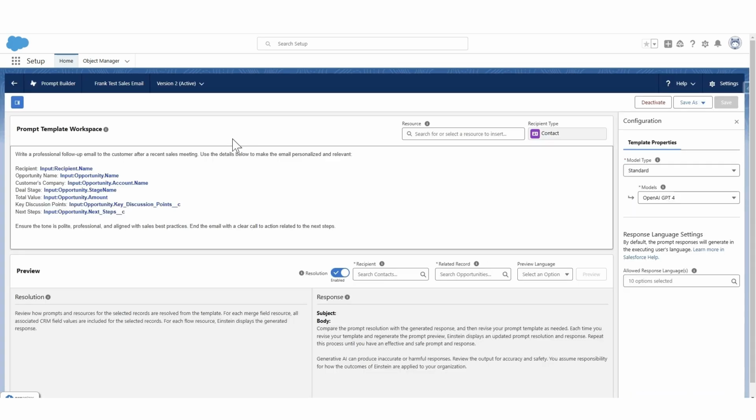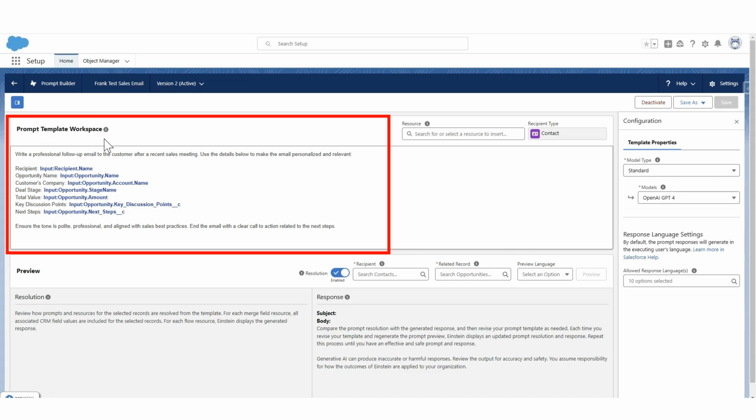We'll start with this Prompt Template Workspace. This is where you can add or edit a prompt. As you can see here, I've drafted a prompt that would be used for a sales email prompt template. You can see that it says, write a professional follow-up email to the customer after a recent sales meeting. Use the details below to make the email personalized and relevant. And then you see data such as recipient, opportunity name, customer company. The blue fields that you see next to each of these are what we call merge fields,